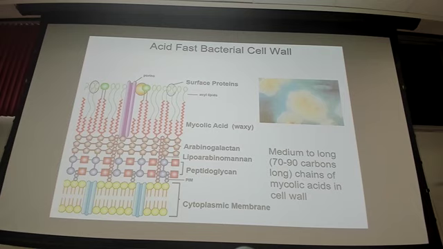So because of that, they are acid-fast. We'll talk about why that is specifically. But while we're on this slide, between the mycolic acids and the peptidoglycan, you have this layer of arabinogalactans that are connecting those layers together. But this mycolic acid layer is what confers that waxy acid-fast property.